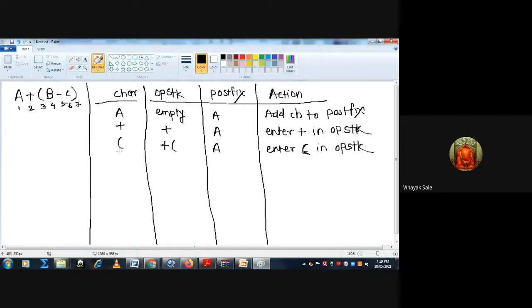Then the next character is B. So here the stack has plus and opening bracket. Then the postfix becomes A B, that is, add the character to postfix.